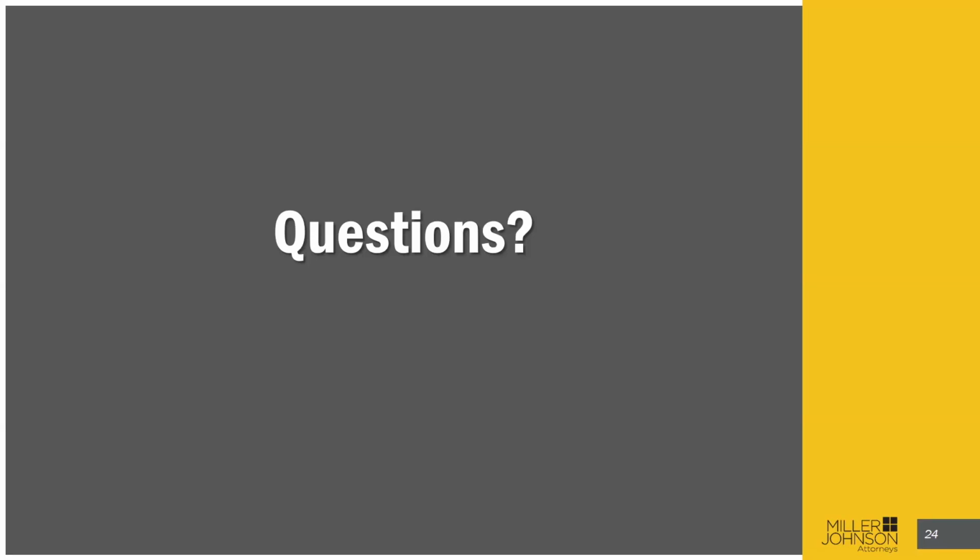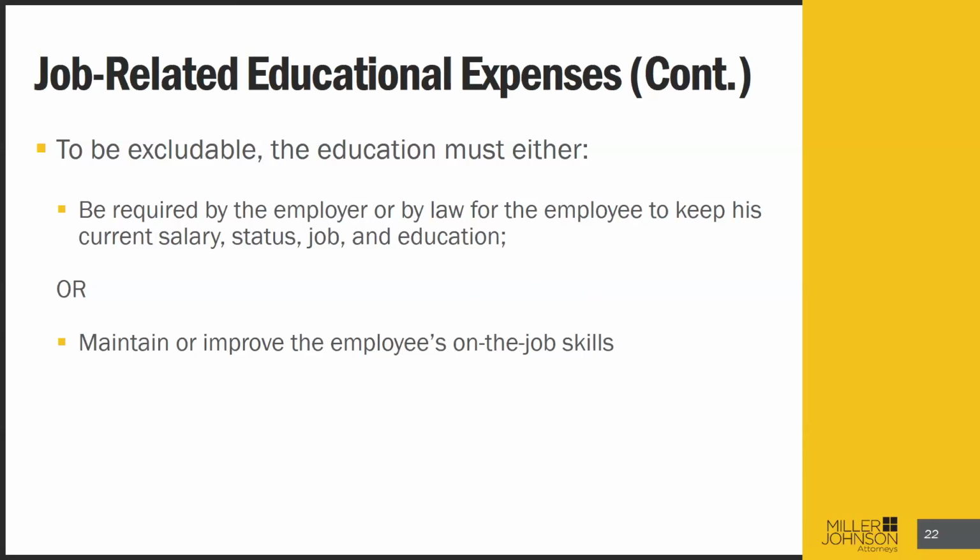So I do see a couple questions in the Q&A now, so I'll go through a couple of these. If a school administrator works toward an educational specialist degree, is any reimbursement over the $5,250 taxable in that calendar year? It's improving their skills, but not necessarily giving them skills for a different job. So